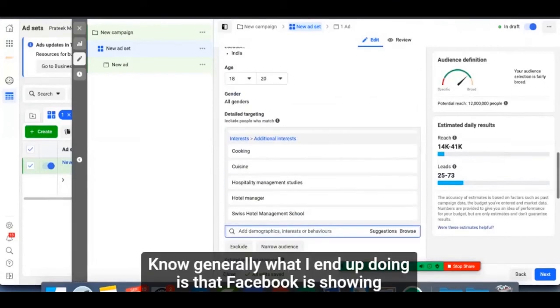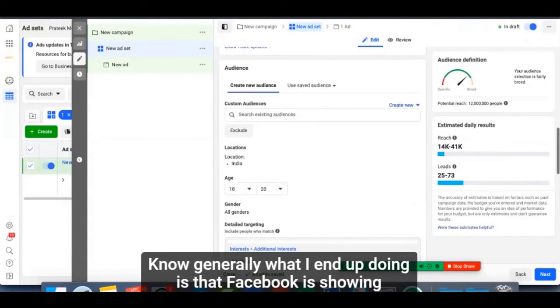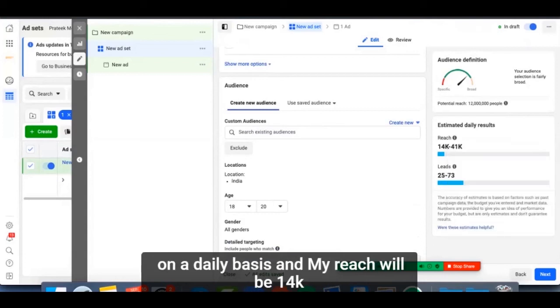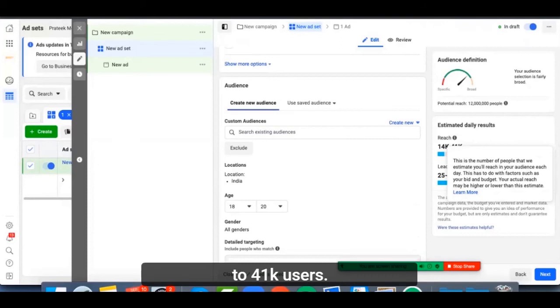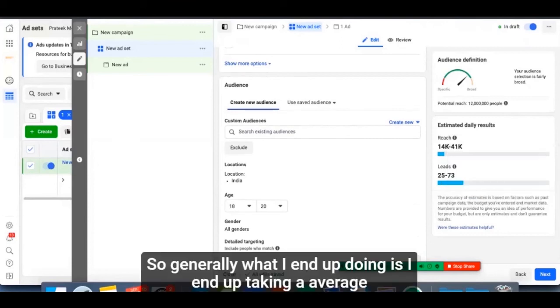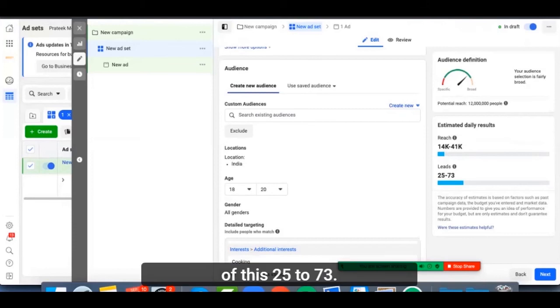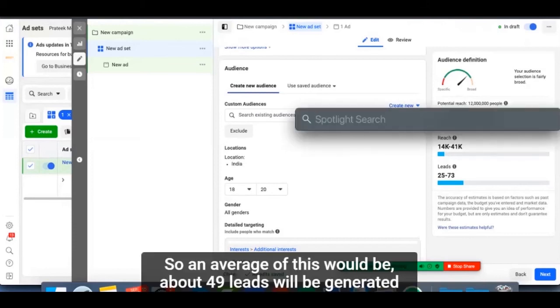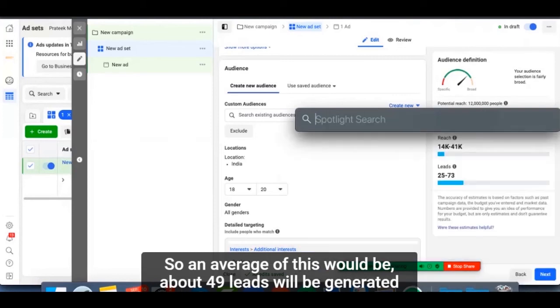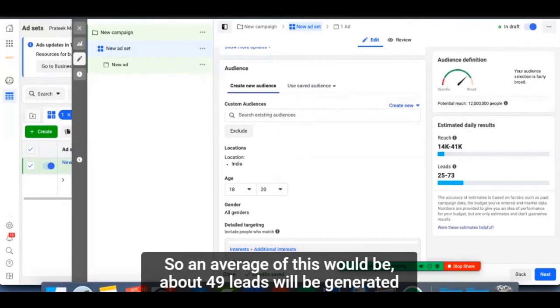Now, generally what I end up doing is this: Facebook is showing me that between 25 to 73 leads will be generated on a daily basis, and my reach will be 14,000 to 41,000 users. So generally, I end up taking an average of this 25 to 73. An average of this would be about 49 leads generated daily.